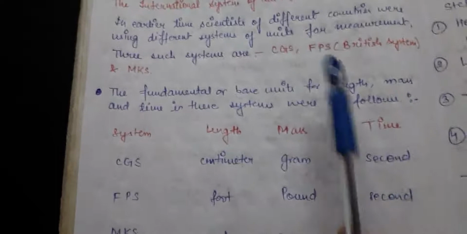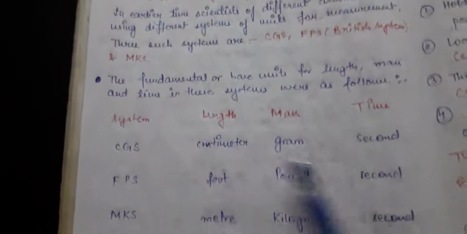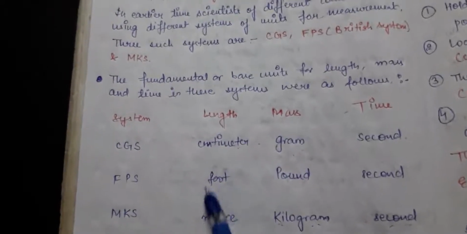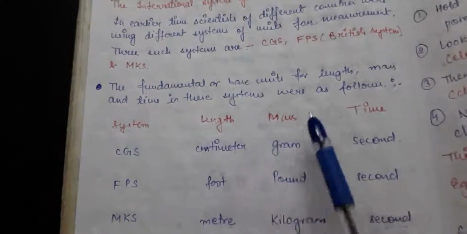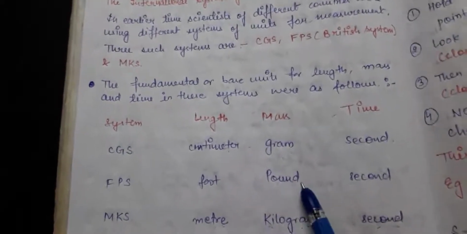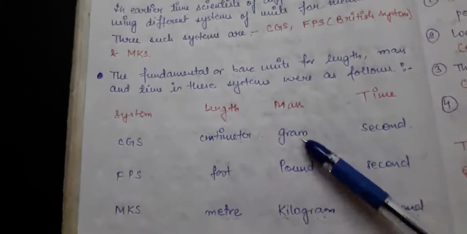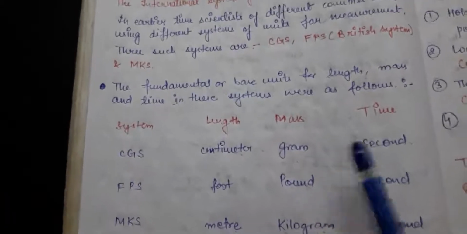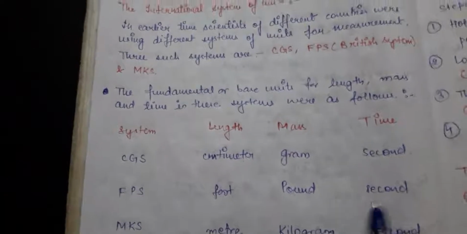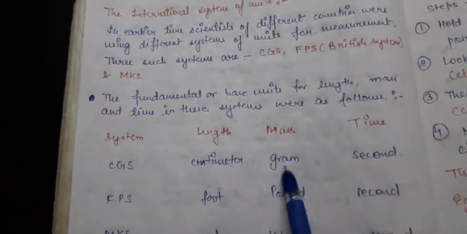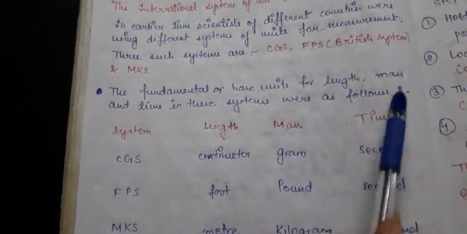In the same way, the Britishers were using the foot, pound, and second system. For measuring any sort of length, they were using the term foot, so their dimension, their reference is different. And for measuring the mass, they were using pound, which is totally different from gram and kilogram. We can compare gram and kilogram in some sense, but the pound is a totally different unit system. But for time they were also using the second. So there were many problems occurring because different countries were using different fundamental base units for length, mass, and time.